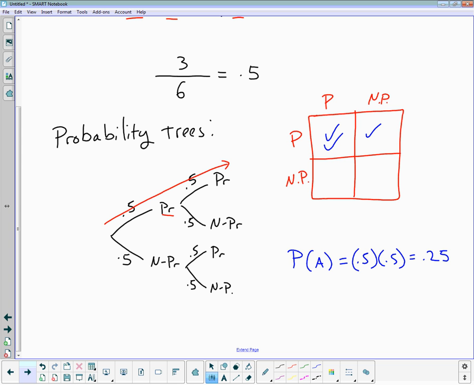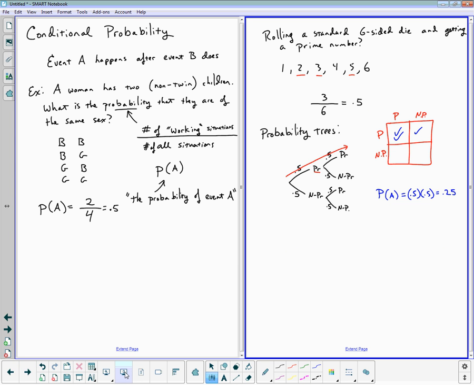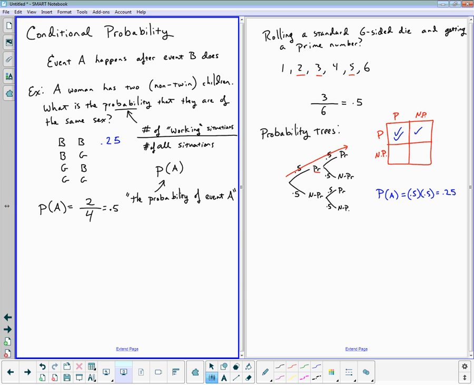Now we can go back to the problem we had a minute ago about the genders. Going back here, there's a 25% chance that it'll be a boy-boy, 25% chance that it'll be a boy-girl, and then a girl-boy, and then a girl-girl. So if we were to make that tree,